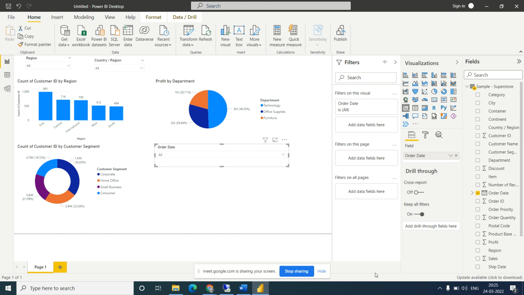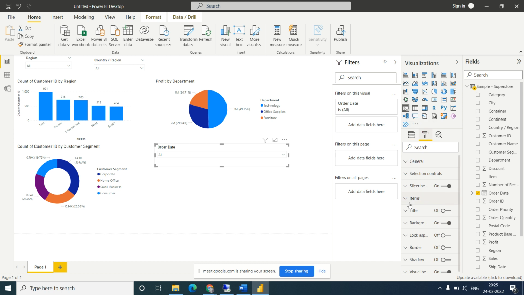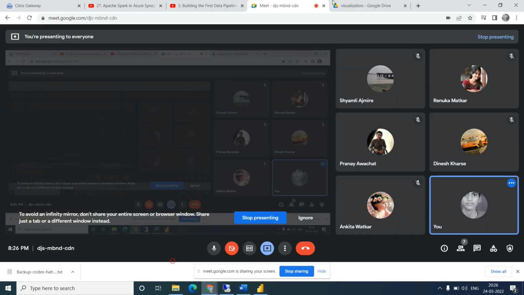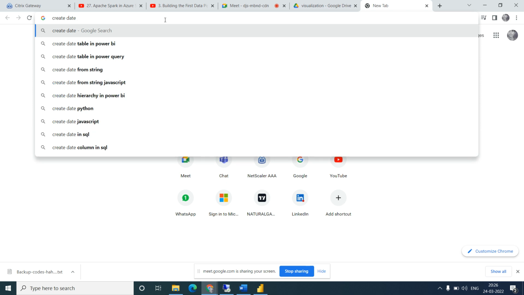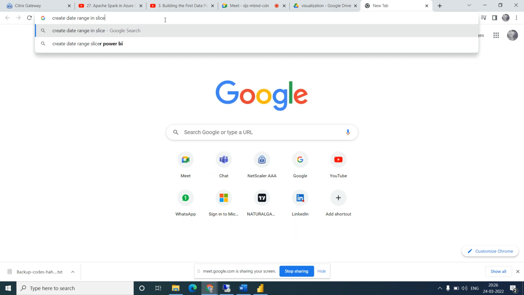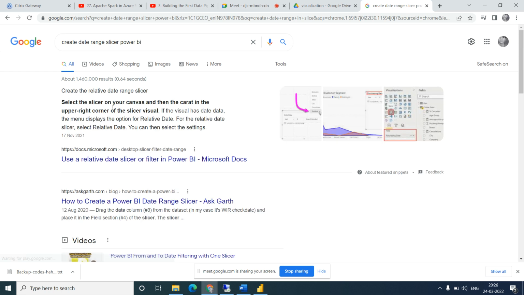Just a second, we need to set the date range. I think there is some other way. Just a second, let me check Google. What is it saying?